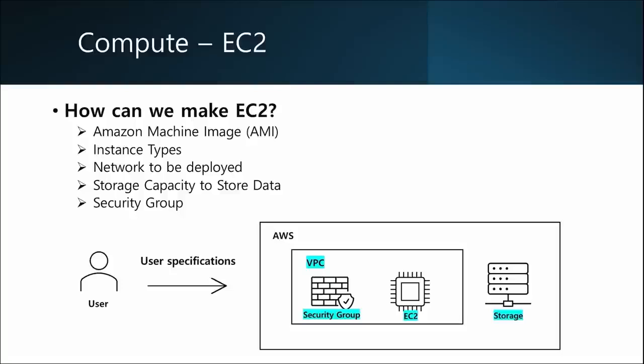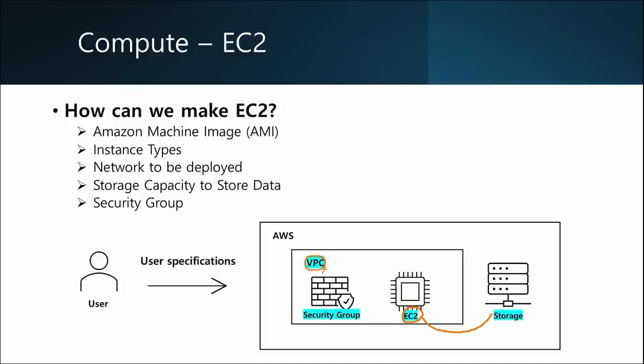You also need to decide the instance type of EC2. Instance type selection allows users to select the components of the virtual machine based on their intended use. This EC2 will be located in a virtual network called VPC. You need to decide where the VPC will be located and also decide which storage volume will be connected to